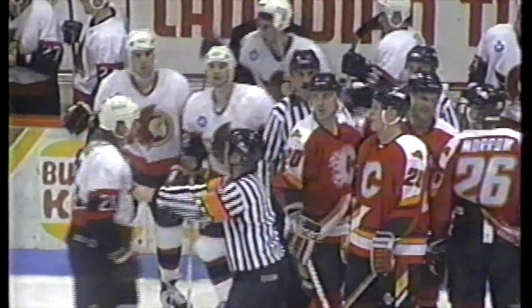6-4 Senators. 4 seconds, 2 seconds, that's it. Senators take a 2-0 lead in the best of 7 divisional semifinal. And the next game, Monday night at Harbor Station in St. John. We will return with a summary of the hockey game in a moment. From the Civic Center in Charlottetown, this is